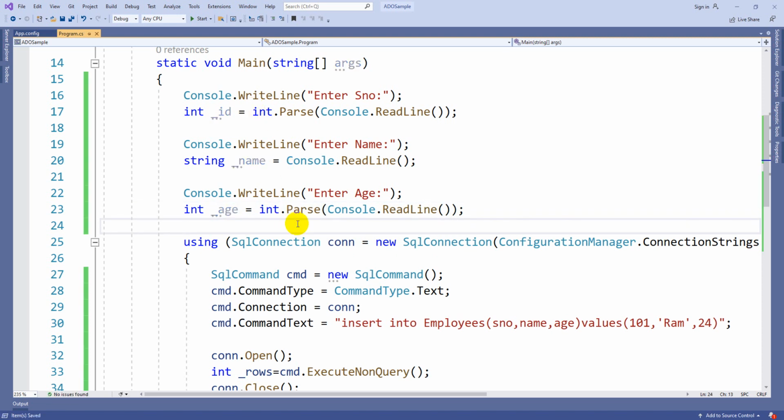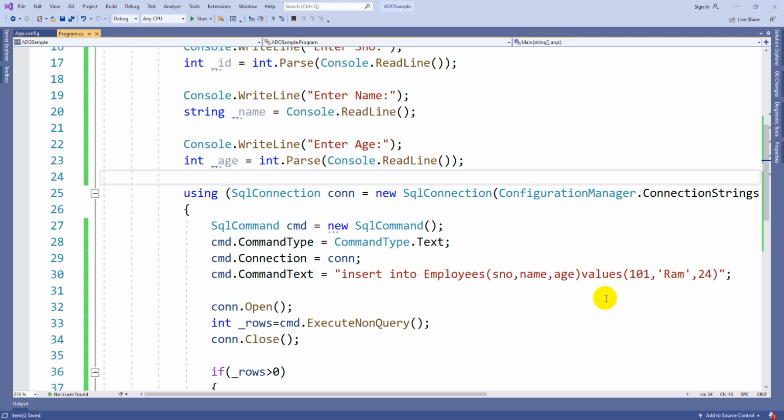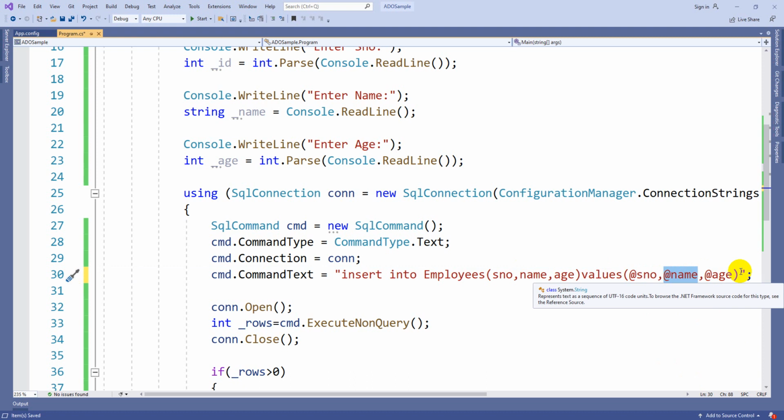So like that, however many properties there are, you can read from the end user like this. Now here you can simply do one thing. Instead of passing the values directly, let's create attributes. Attributes always have an @ symbol. So @serialnumber, this is a variable. So see @name, @age. Whenever you are taking the variables, let's take names similar to the column names, so that we can easily understand this is for serial number, this is for name, this is for age. Otherwise we are going to be in a confusion state.